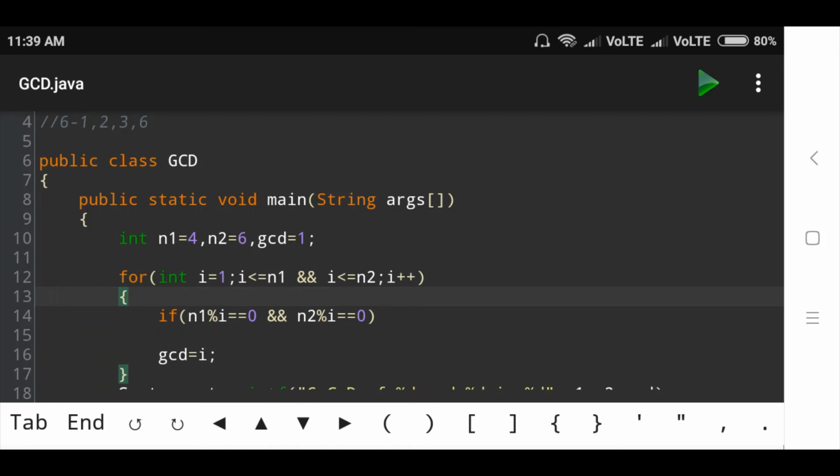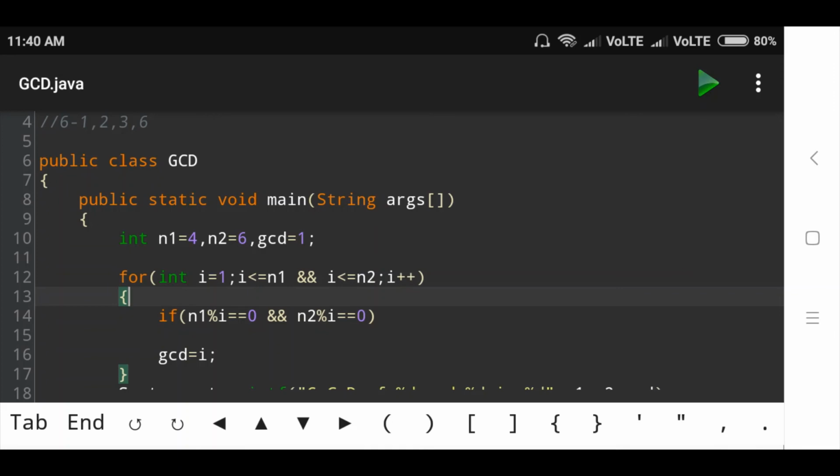First condition stops because here I will take number 4, and second number n2 is 6, modulus I value is 5. Here a remainder is required, so condition is false. Then go to the next condition, I value 5 is stored in GCD. Then again go to the for loop condition, I value increased by 1.